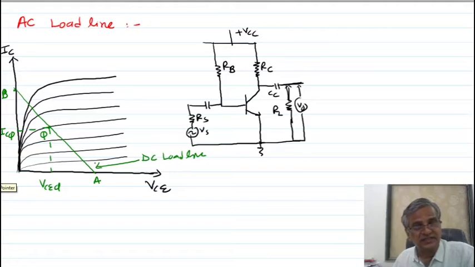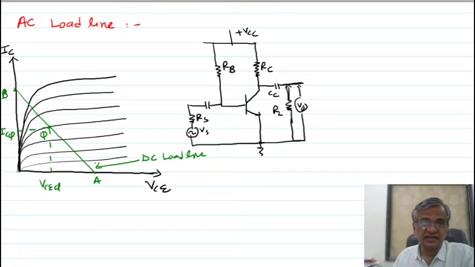So it is necessary to calculate the AC load at the output. Whenever an AC input signal is given, it is necessary to calculate the AC load at the output. And the AC load can be calculated by considering the impedance of all the components present in the output section. See, I am showing you how many components are present. These are all the components. I will show you another way.